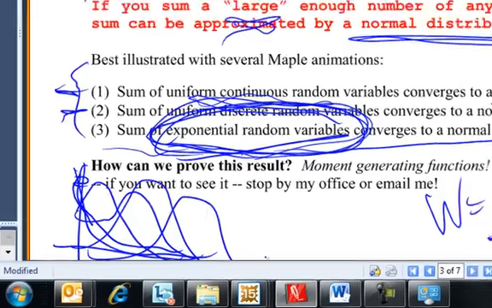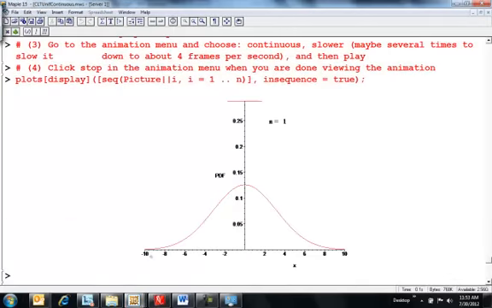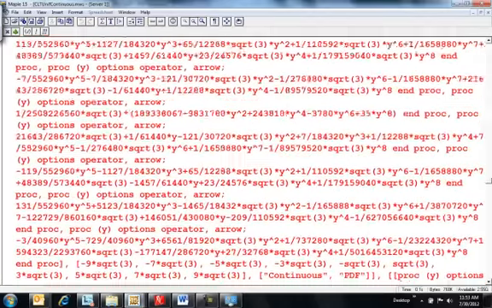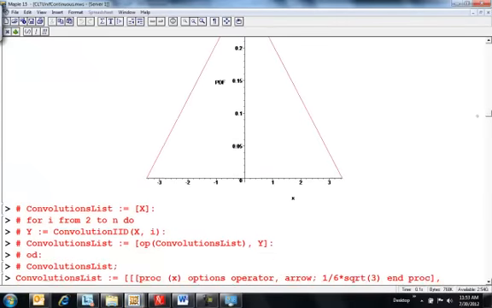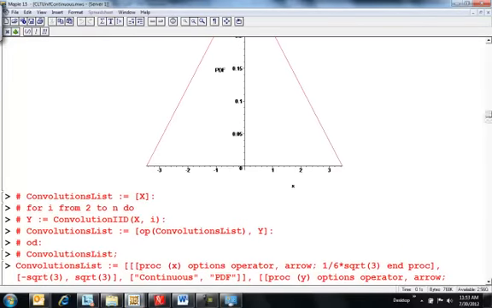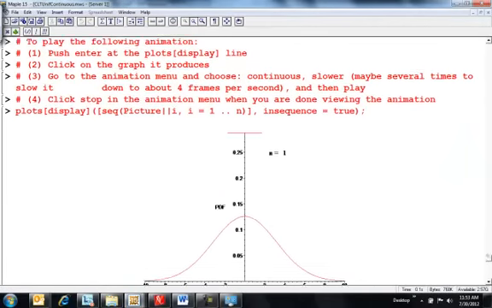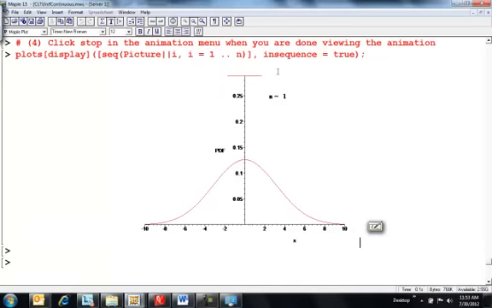So I'll show you for the uniforms. Let's go for the continuous one. I think I even have all my code up here to show you this. Adding random variables is a very difficult procedure, so I wrote a program to do it. The sum of 2 uniforms gives you that triangular shape, but I wanted you to see how fast it converges to normal. This is just one uniform random variable, defined on the interval -2 to 2. Then I add two of them together, and I see a triangle. Then I'm going to add more and more.